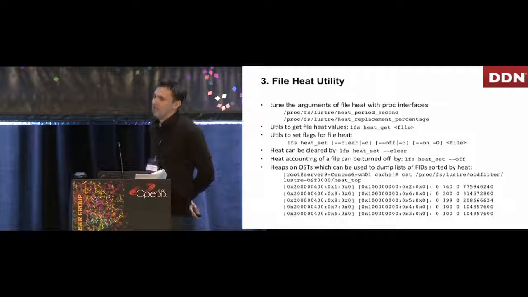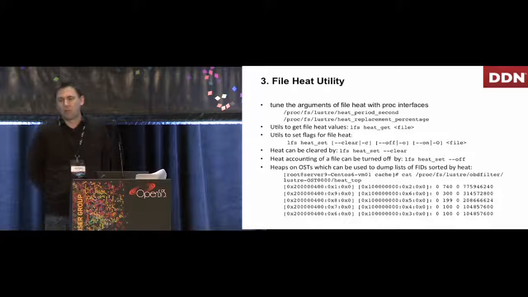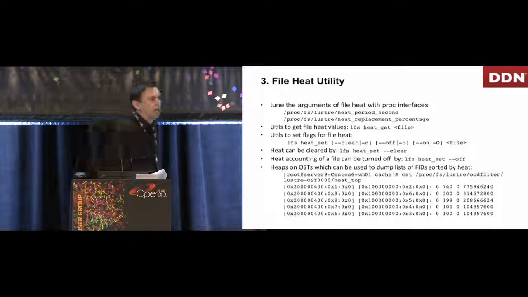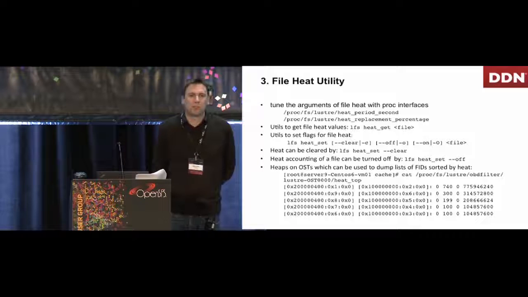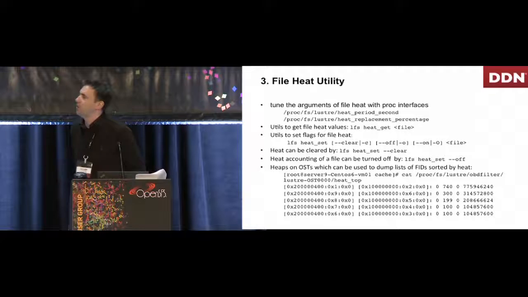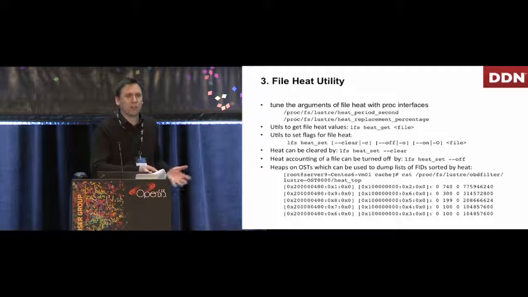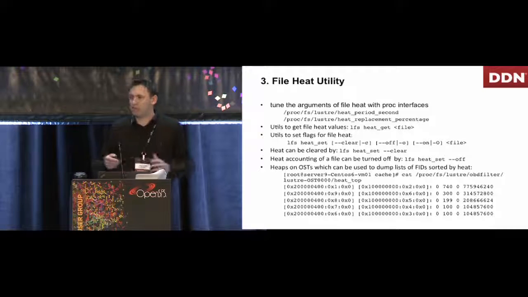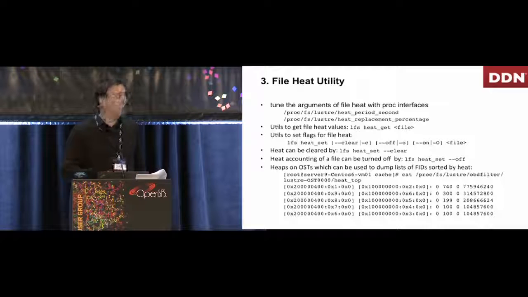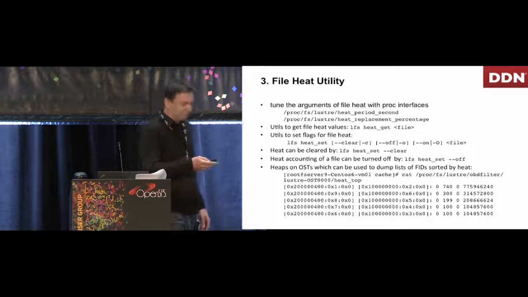File heat is developed by DDN. It's more sophisticated than an LRU algorithm. What we do is monitor all Lustre objects over time, and we give them new heat values based on the I/O that's hitting those Lustre objects, read or write, and the size of those I/Os. We can define the memory of the system, so we can forget about what happened last week and concentrate on the activity of the data in the past 7 days, or whatever you like to do. So you can tune those arguments via these settings up here.